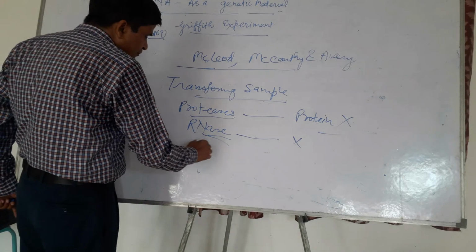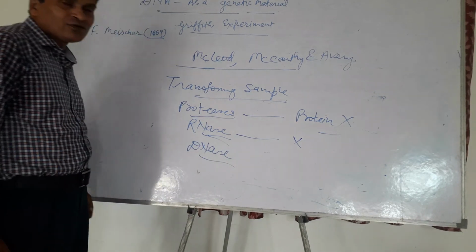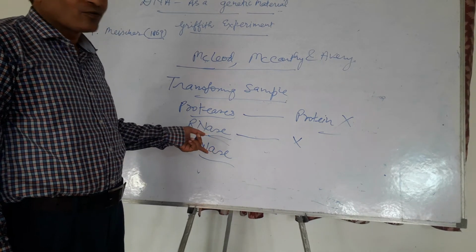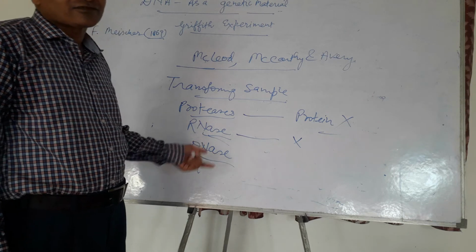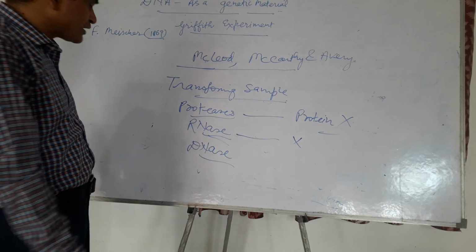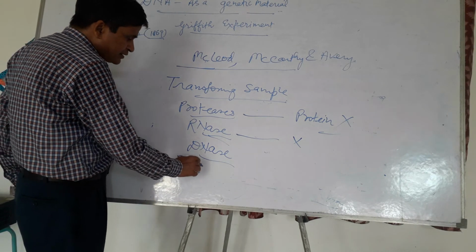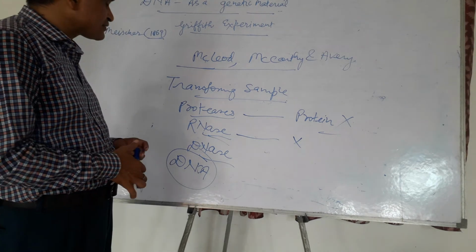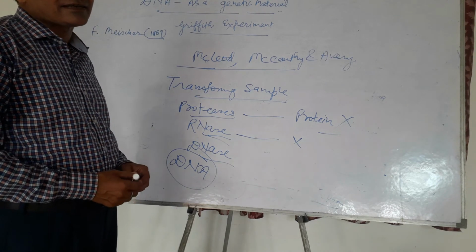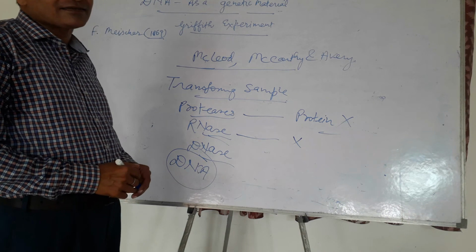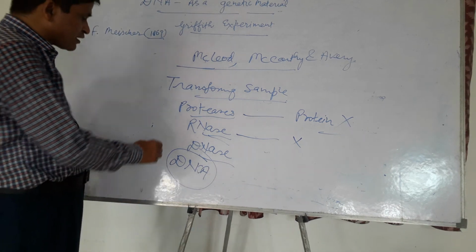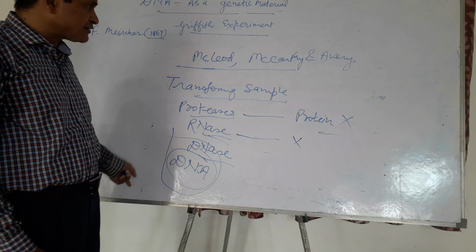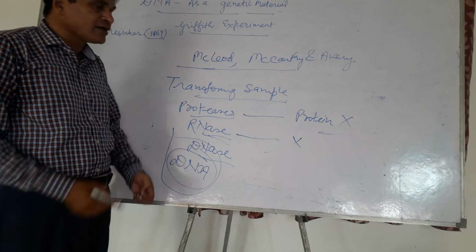But with the treatment of DNase, the enzyme which is responsible for the degradation of DNA molecules, transformation stopped. So it was thought that DNA may be the genetic material. But it was further proved by the Hershey and Chase experiment, which finalized DNA as a genetic material. But most of the role of DNA was cleared by the Griffith experiment, which was further extended by MacLeod, McCarthy and Avery.